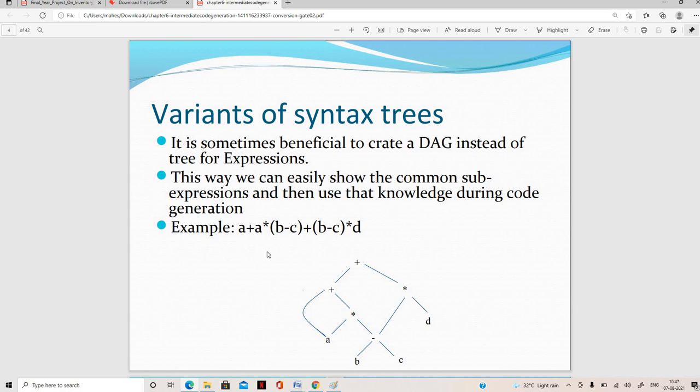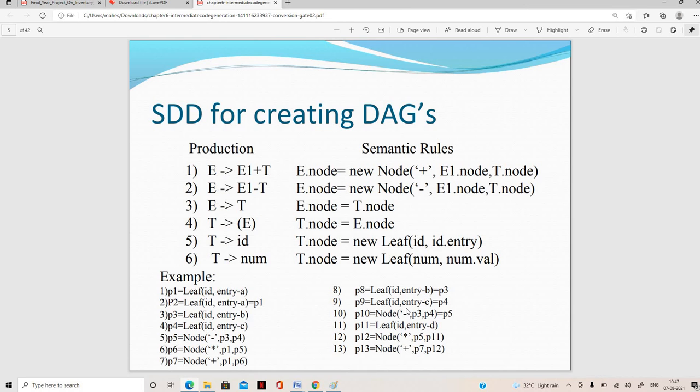In that situation you no need to define the subtree again for that. So the same subtree can be used to evaluate the given expression. And to define the DAGs, whatever the productions we are having, we can convert them into SDDs only. Okay, so it will be more helpful to design DAGs.